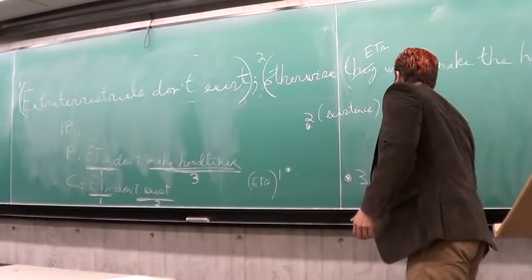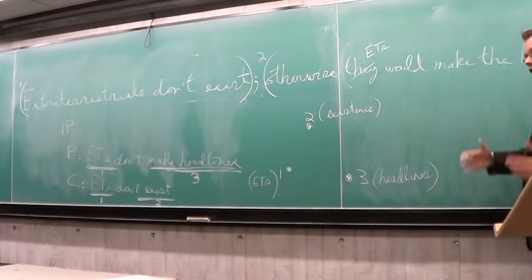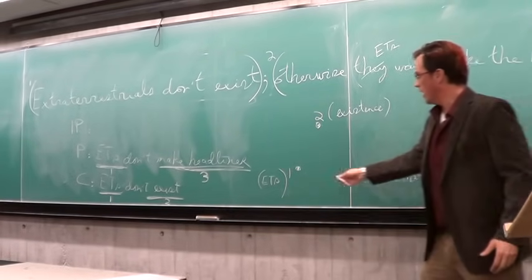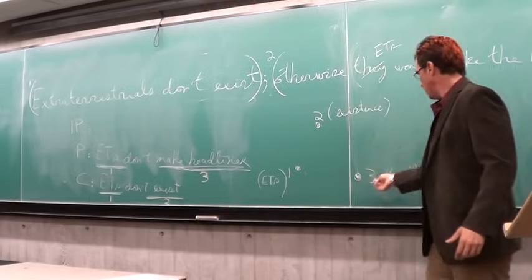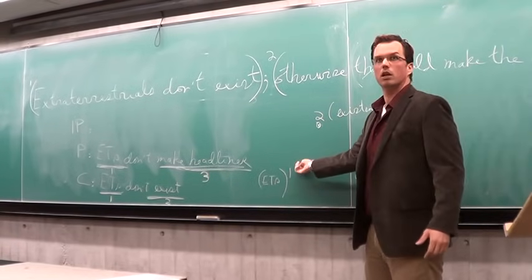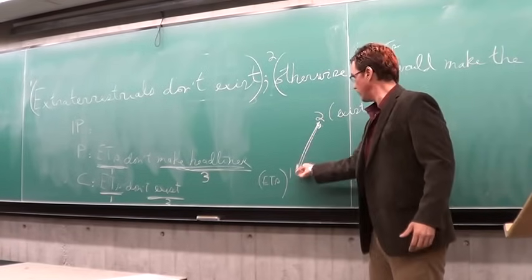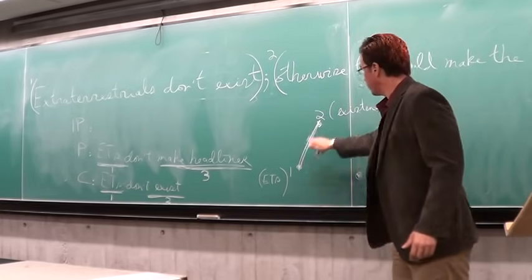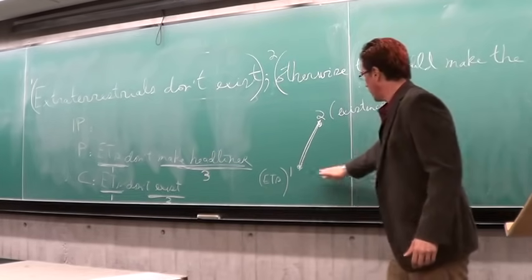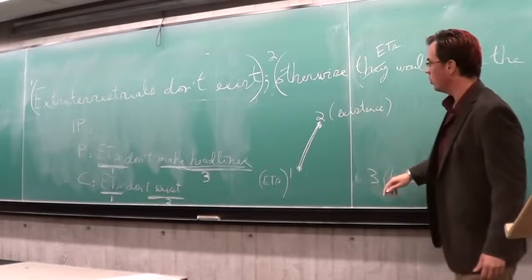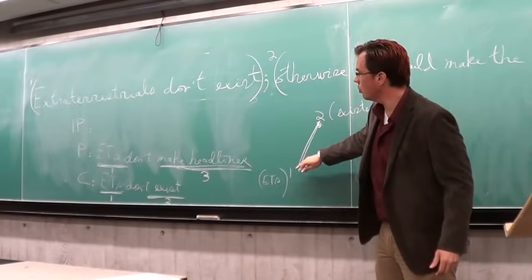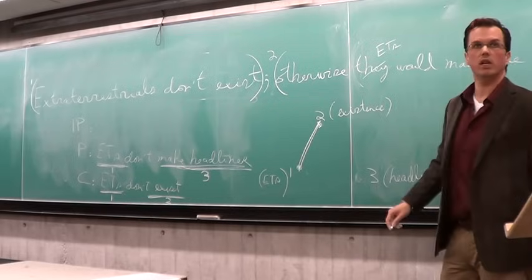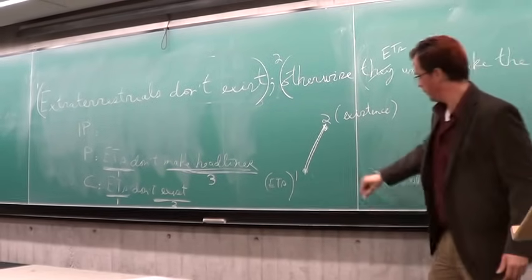I'm running through this one step by step, and then we'll do another one, and you guys will have a little more active part in filling in. So we got a triangle here. ETs are related to existence. You guys agree? There's a claim relating it to existence, the conclusion. Topic 1 is related to topic 2. Topic 2 is related to topic 1. Topic 1 is related to topic 3. You guys see that in the premise?